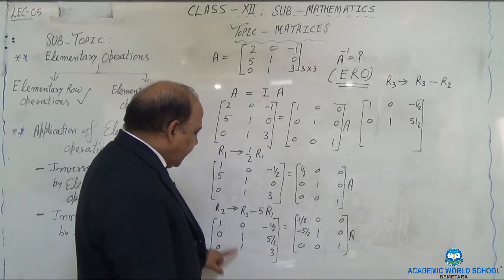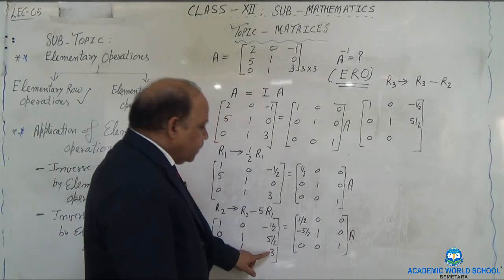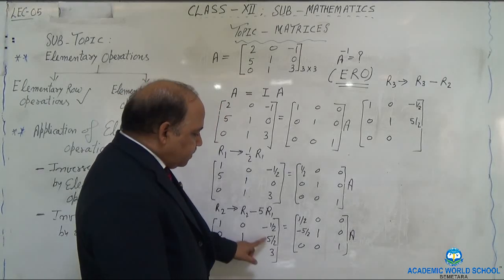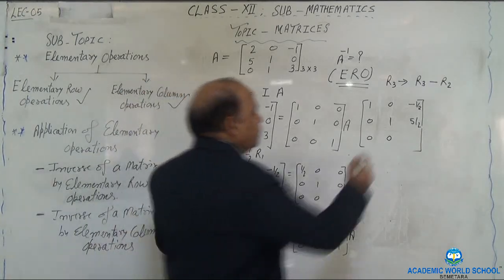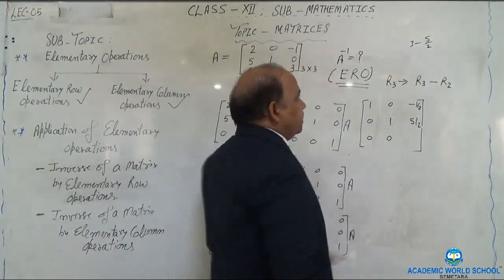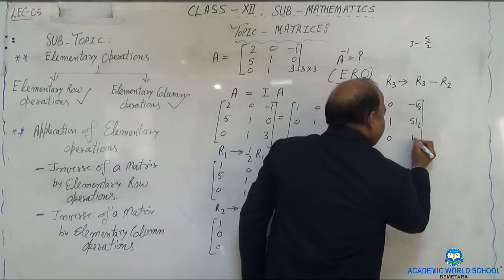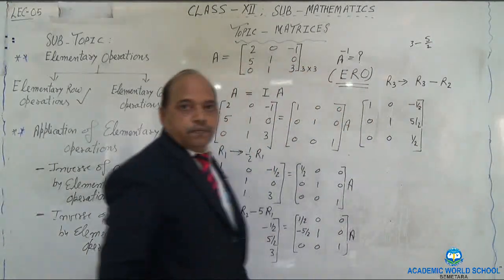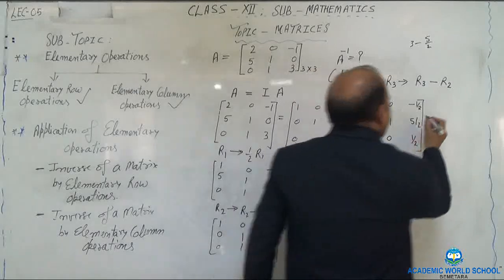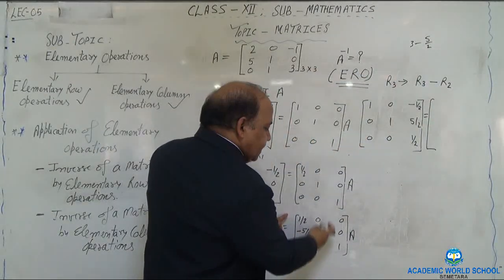So if you subtract, this will become 0, this will become 0, this is 0, this is 0, and then you are subtracting from this one. So what you are doing? 3 minus 5 by 2. Please see that. 2 3s are 6, 6 minus 5, 1 by 2. You are left with 1 by 2. Now what will happen to the right hand side? Look at this. You have to make the same changes over here.